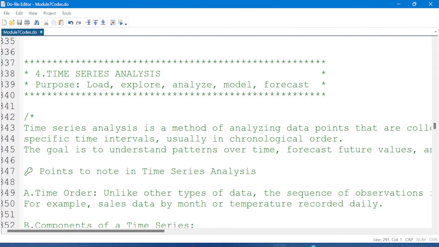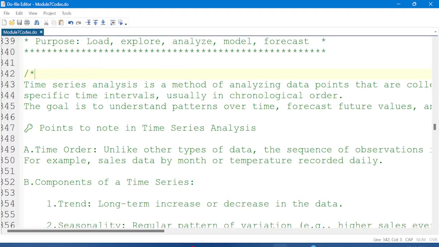After looking at panel data analytics, it is time now to transition to time series analysis. The purpose of this is simple. We need to first load the data, explore the data, analyze the data, model, and finally we can forecast. We also need to remind ourselves that time series analysis is just a method of analyzing data points